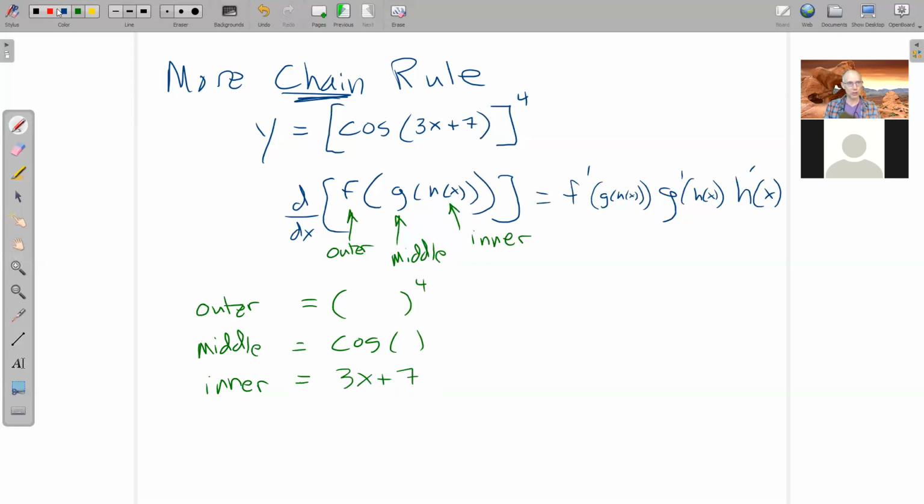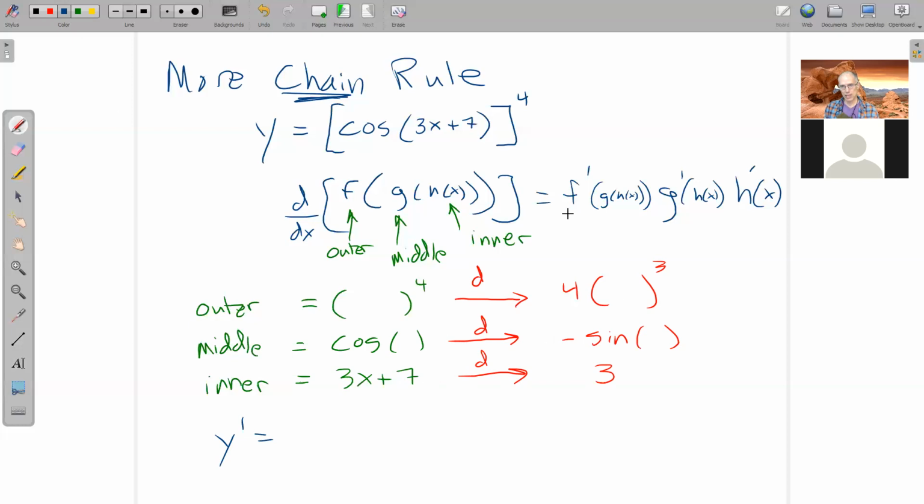So then we take the derivatives. I'm just going to make a little arrow and put a little d for derivative there. The derivative of something to the 4th power is 4 times whatever to the 3rd power. And the derivative of the cosine is the negative sine of whatever was inside. And the derivative of 3x plus 7 is just 3. So then we put that all back together. So my y prime here